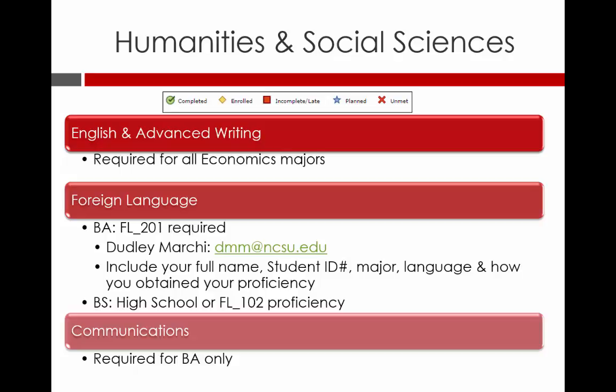If you take the same language that you took in high school, the first level is considered review and will not count toward your course requirements for graduation. This course will count toward your GPA if you take it at NC State. Option 2. Go to the language lab and take a computerized placement test to determine which level of language in which you should start. You can find their hours by going to